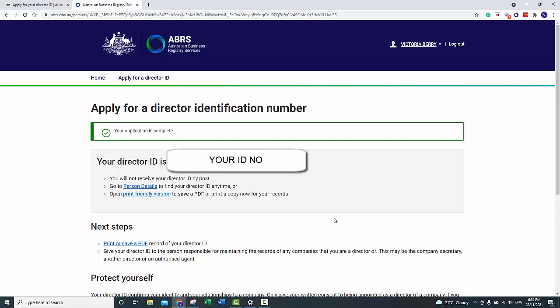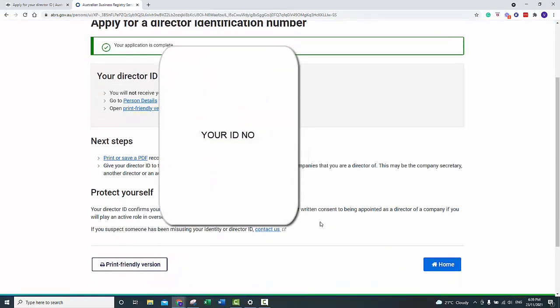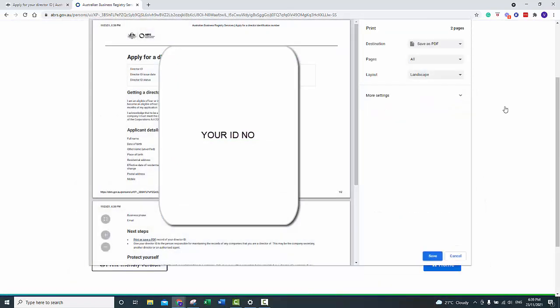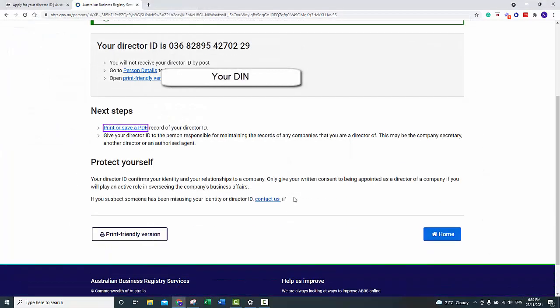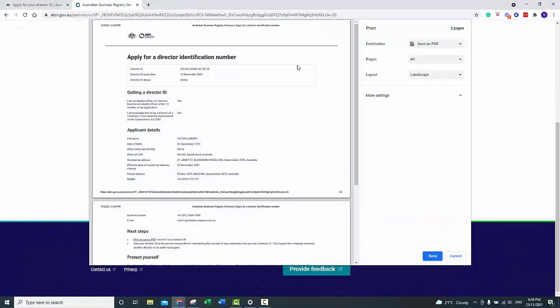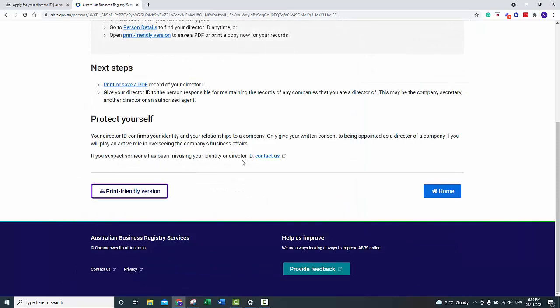Now, what we are requesting is that you actually print this or save a PDF and send it to HBA Encompass, because once you get into this, it's a little bit harder to get the details done. So it's just a matter of saving it. And then once that's done, you can do a printer-friendly version, which is the same thing. So once that's done, it's done. And from there, you need to provide that detail to HBA Encompass and River Accounting so that we can easily add it to ASIC records,